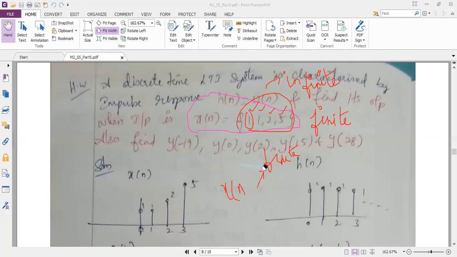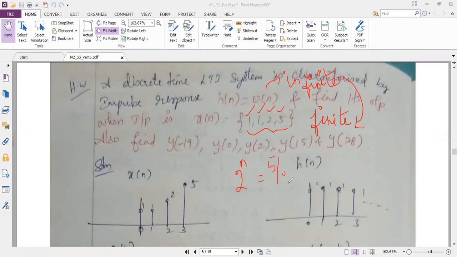So if we get the combinations, we know how to proceed with the solution. But here, I have finite and infinite combination. In finite combination, I have the amplitude levels directly given. They have not mentioned any 2 power n or 5 by 2 power n like that. They have mentioned the values directly.